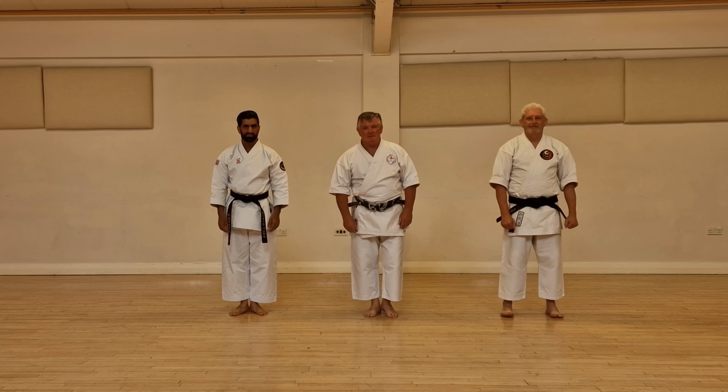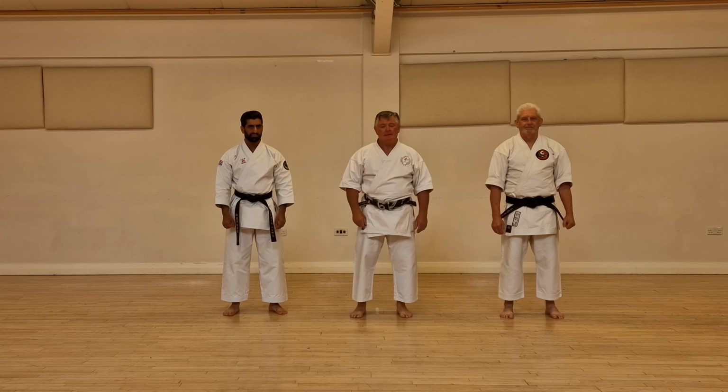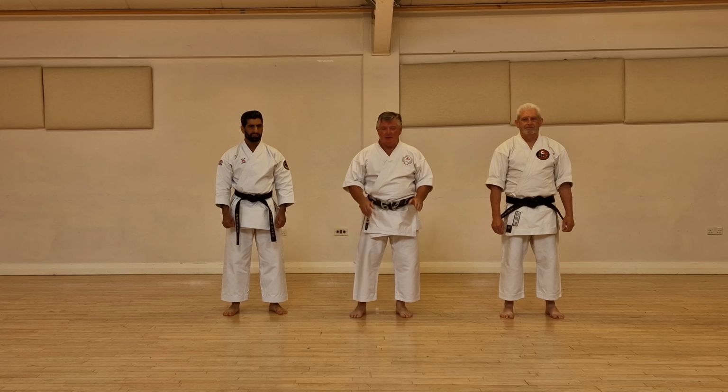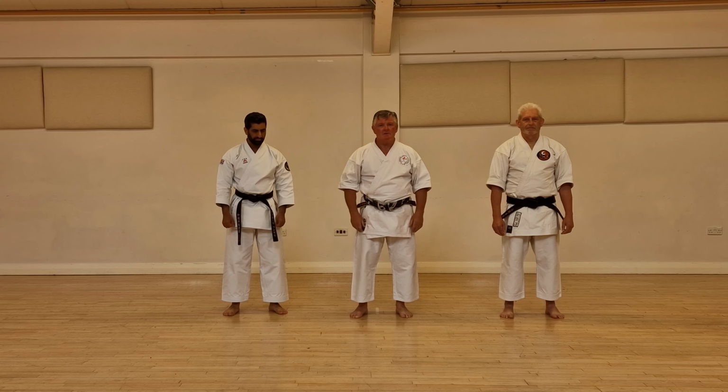Okay, so welcome back to our next in the series of katas. So we'll be doing Jion. Same thing again. Please bear in mind, this is how I've been taught. There will be differences, and if your instructor doesn't like you doing this version, then please adhere to what they request from you. It's just out of pure courtesy and respect for your